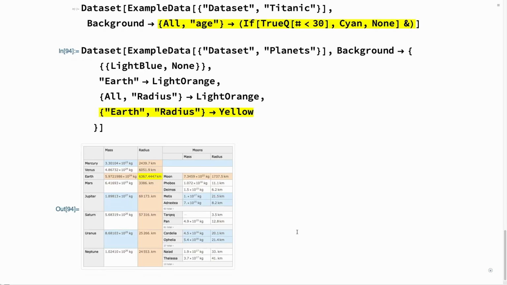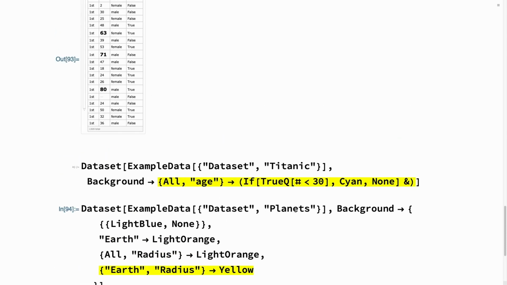So you can also, by specifying Earth radius, color an individual item in the data set in addition to what I've done before. Now, if that is not flexible enough for you, in place of any place you can put a color, you can also put a function that returns a color. And the function is fed the value of the data set item, the path to the data set item, as well as the entire data set. So in this case,